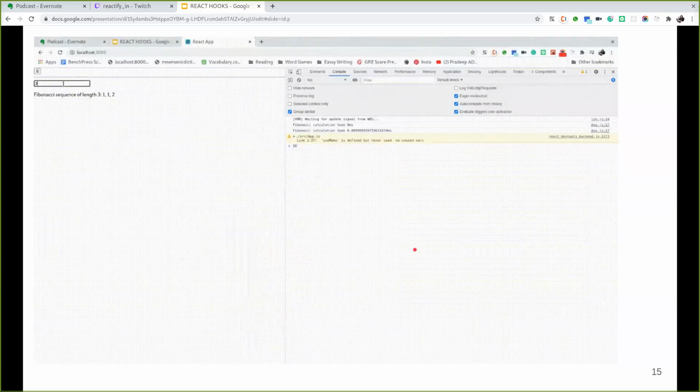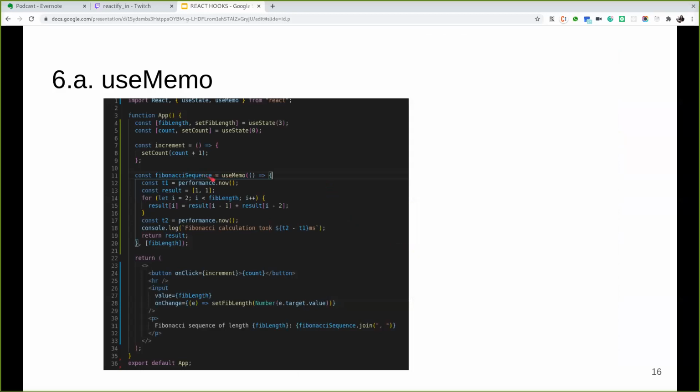So to prevent that, we use useMemo, which is another hook, and it depends on this array. Basically it is saying that whenever the fib length state is changed, then call this function and run this.